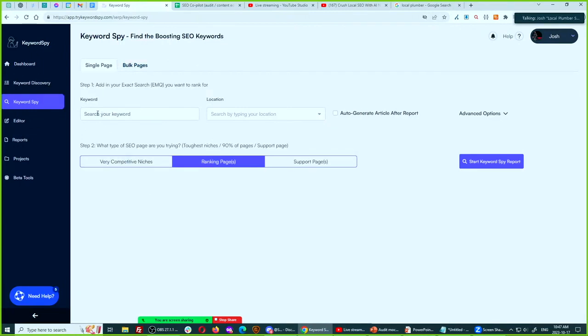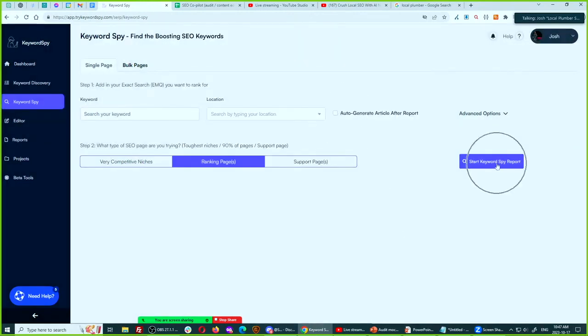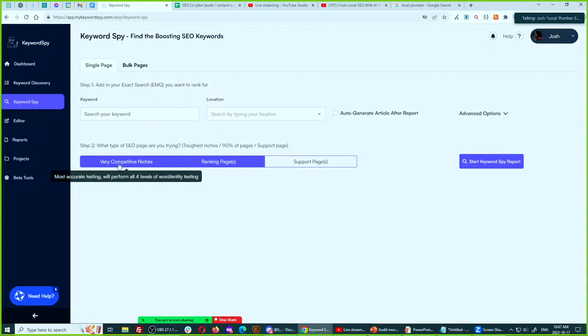Very simply, you enter in your keywords you want to rank for, that people are searching. You enter in the location if you want to. You say whether you want it to auto-generate an article for you, and you just say go. Ranking pages is good enough for 90% of ranking pages. If it's super competitive, it's like 40% or over, you choose that, and you just say go, and then it'll